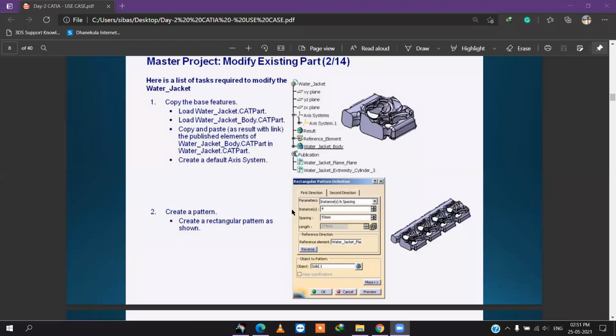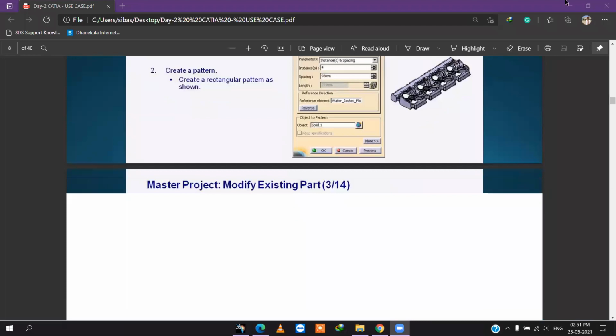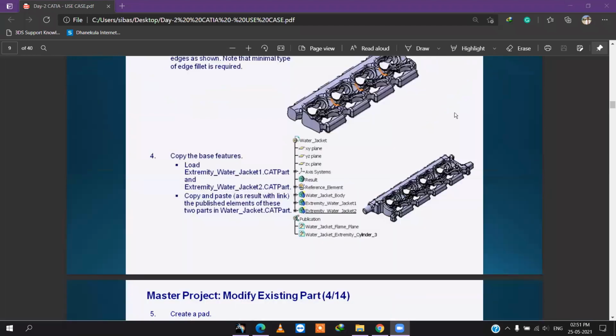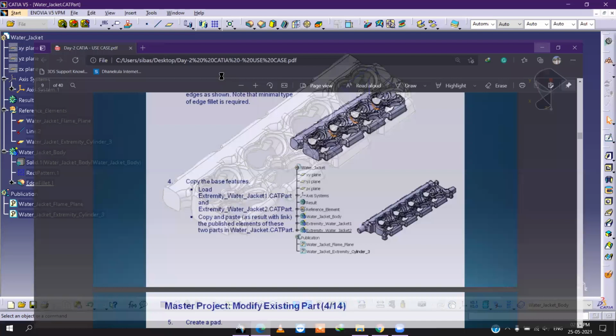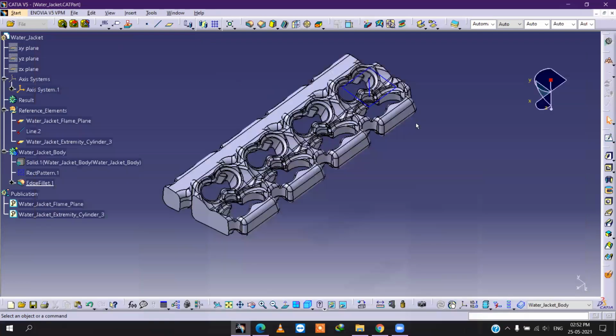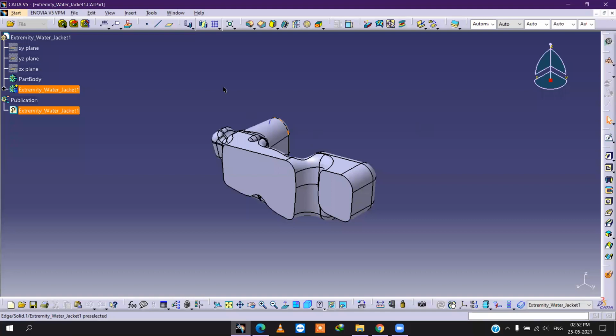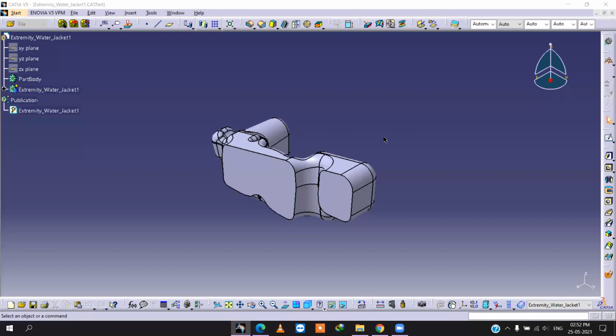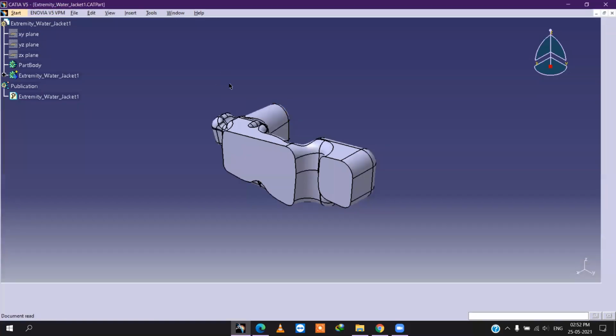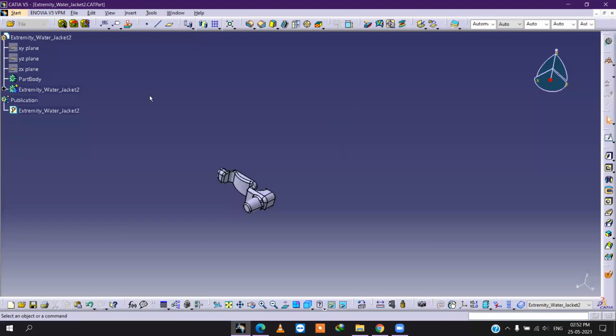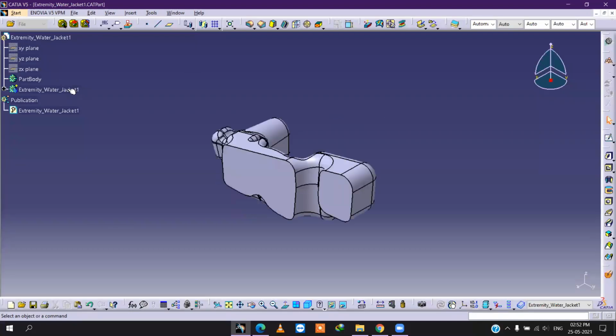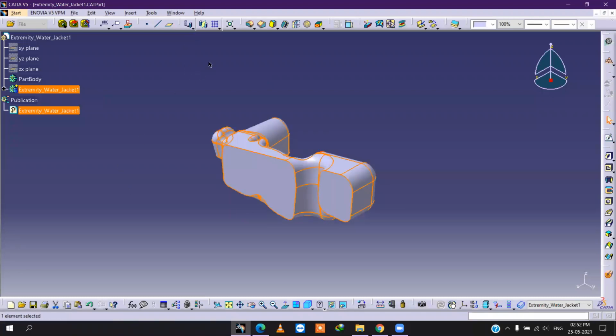Like this only we have to do again for water jacket 1 and jacket 2. Same, we have to open one, two also. First we will go for water jacket 1. Same thing. Select, copy, go to water jacket cat part.